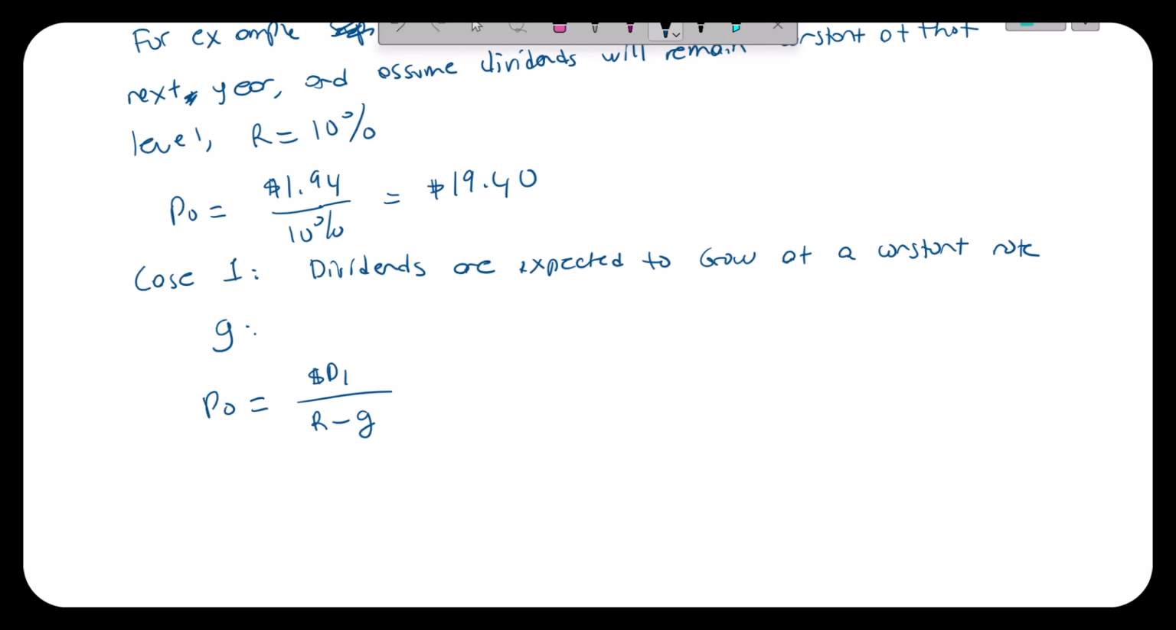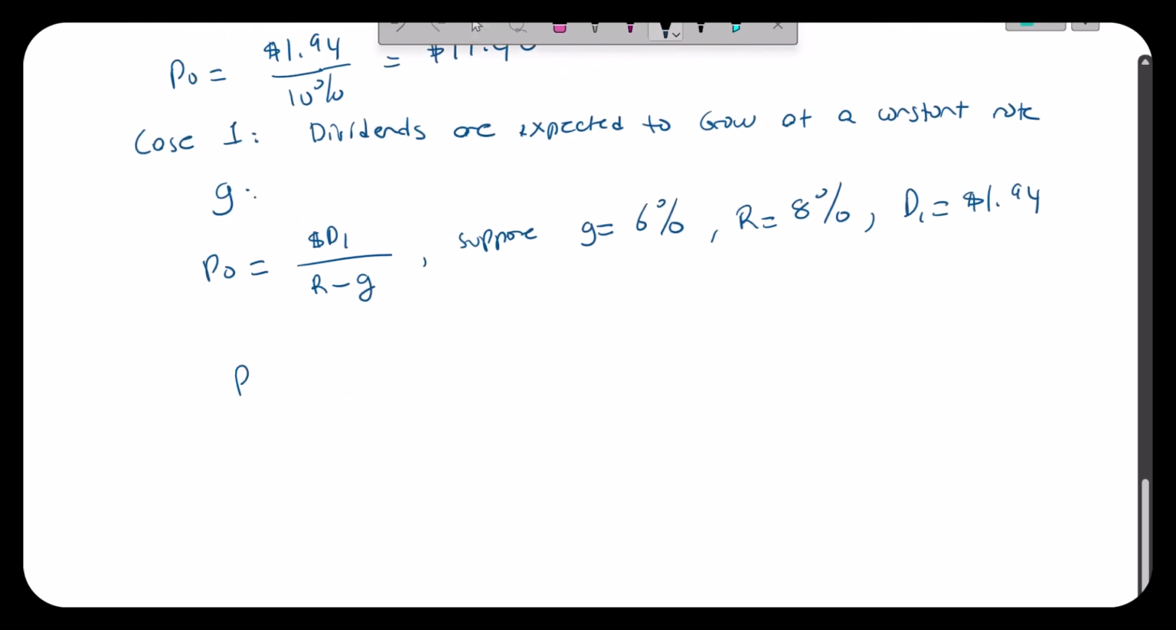Again, using the same example, suppose G is 6%, right? And R is 8%. Then P0 is going to be 1.94 divided